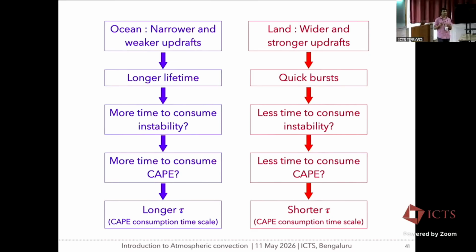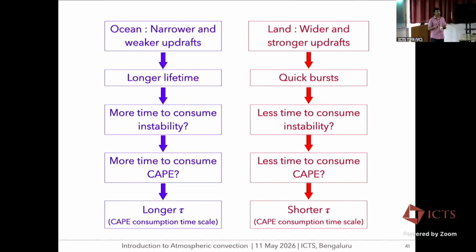People have also checked different variables in climate models, like how sensitive a climate model is to different tunable parameters that we have inside a model. And tau is one of the variables that a model is very sensitive to, at least for the Community Atmosphere Model. People have tried 1 hour, 2 hour, 3 hour, 4 hour, 8 hour, and extreme infinite time. And so I used just 1 hour for CAPE to consume over land